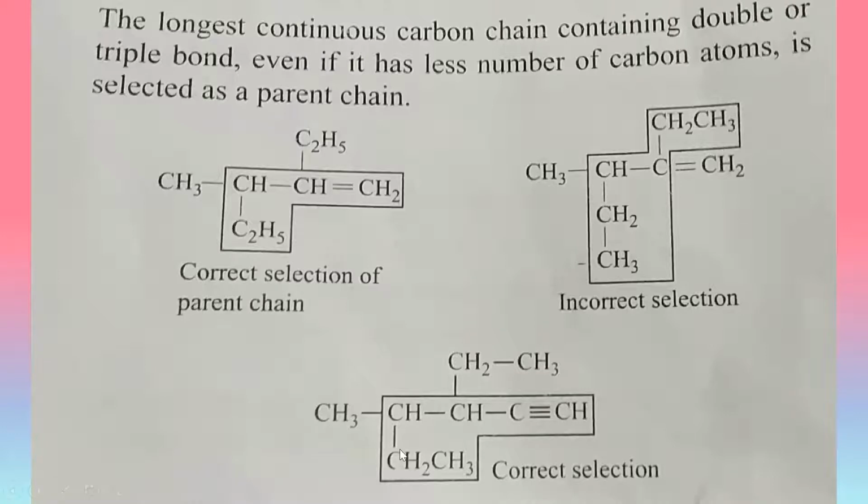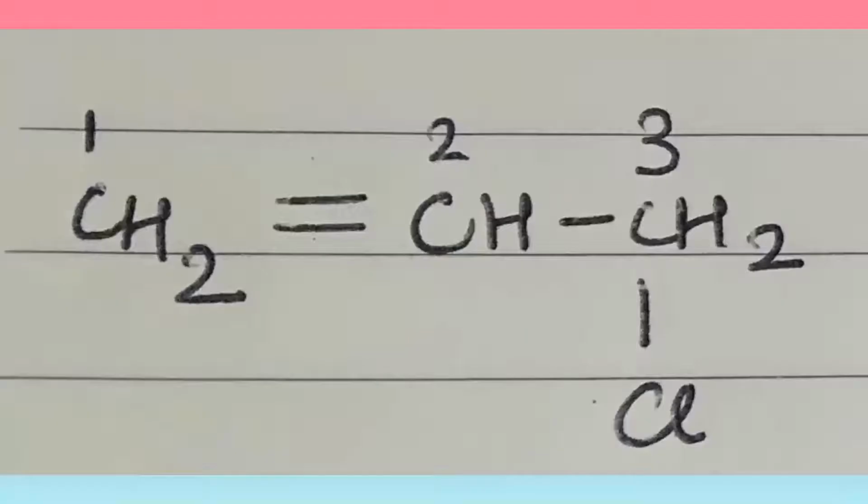Now in the second example also, if you see, the triple bond is taken in the parent chain, even though it is not forming the longest continuous carbon chain, but since it has the unsaturated bond present here, it is known as the parent chain. Now, the allotment of the serial numbers in this one happens in a pretty different way. So here, the carbon atoms of the parent chain are numbered in such a manner that the carbon holding the double or triple bond gets the least number.